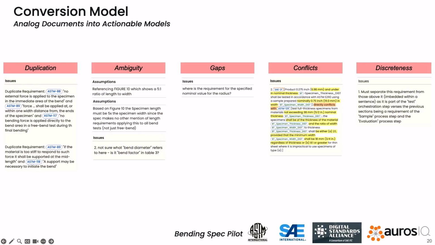And then we had a great example of a conflict where in this particular pilot, it was a 1-paragraph portion of an SAE spec that invoked the ASTM spec. So it said, perform a free bend test per this ASTM spec and comply with everything that's in that ASTM spec. But it put in a couple of requirements about specimen width and ratio and a couple other things. I think it was 4 or 5 different requirements. And when you went to the ASTM spec, their specimen width requirement was in direct conflict with the ASTM requirement. So you actually can never comply with both specs. You can either pass SAE or you can pass ASTM, and you can never pass both.